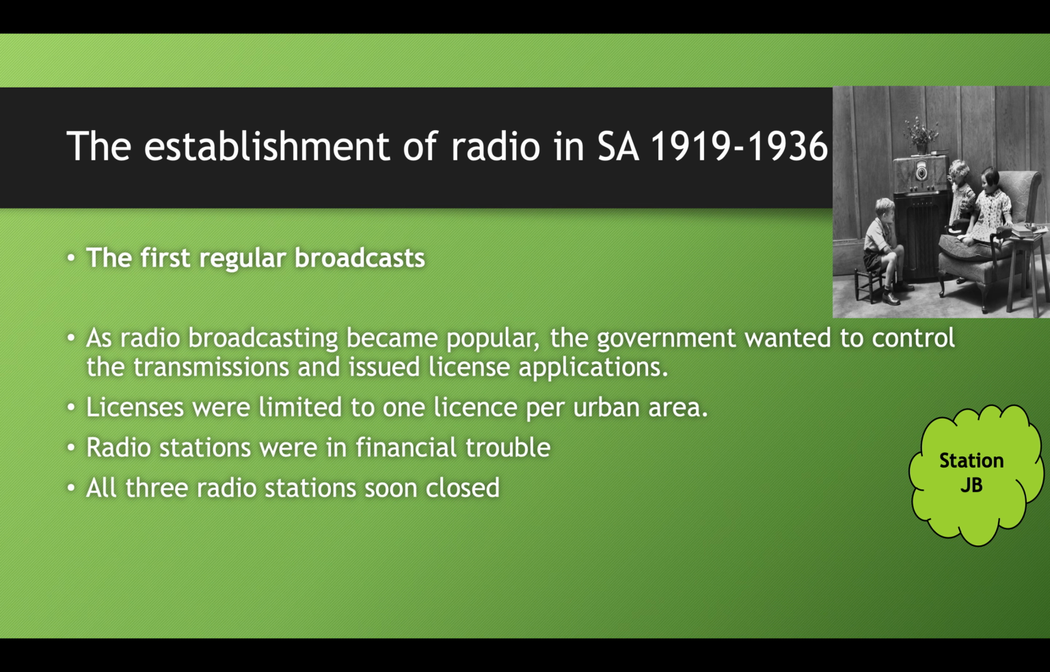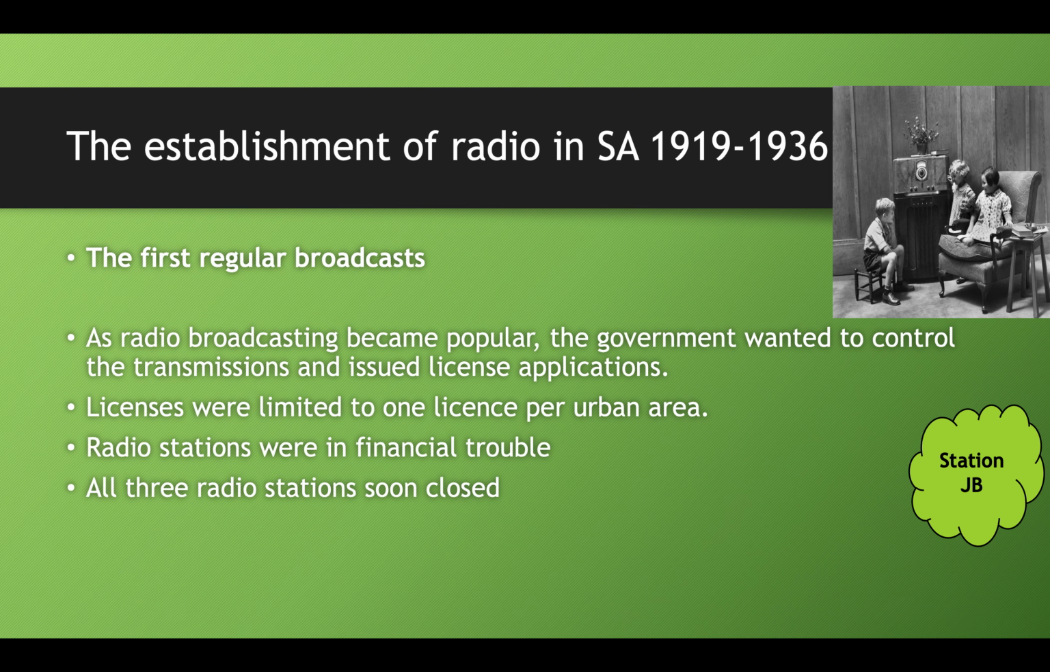The first regular broadcast. Now radio is becoming quite popular. Everybody wants to be a radio broadcaster. But the government wanted to control those transmissions and issued license applications, a license per urban area. So Cape Town got Cape Peninsula Publicity Association, that's what they call themselves, Durban City Corporation, and Johannesburg called themselves Station